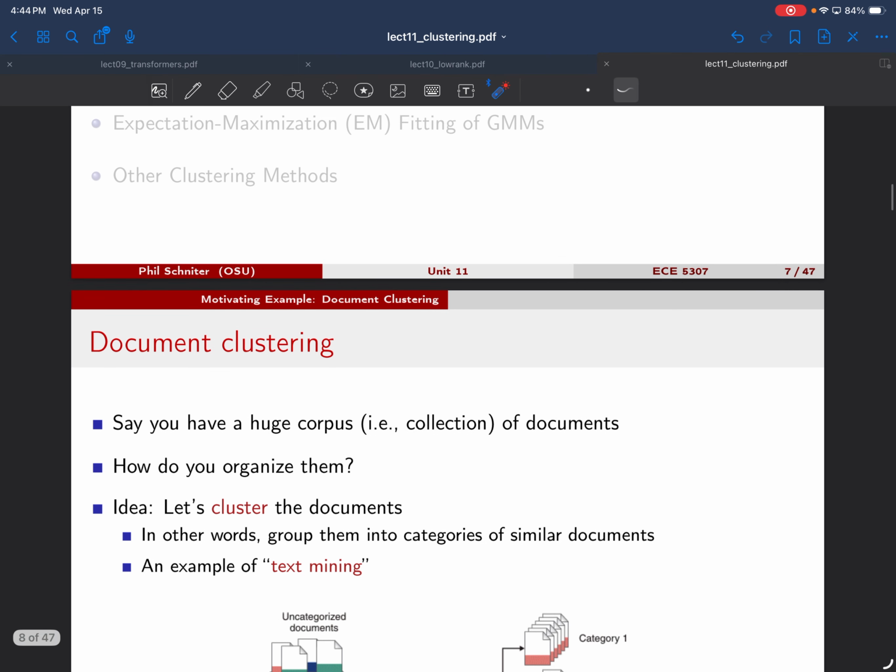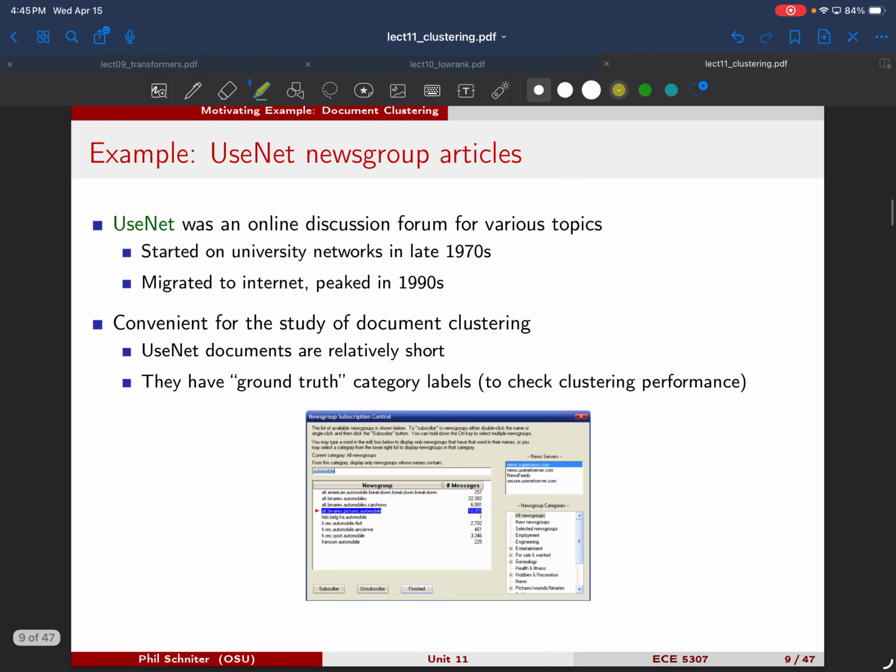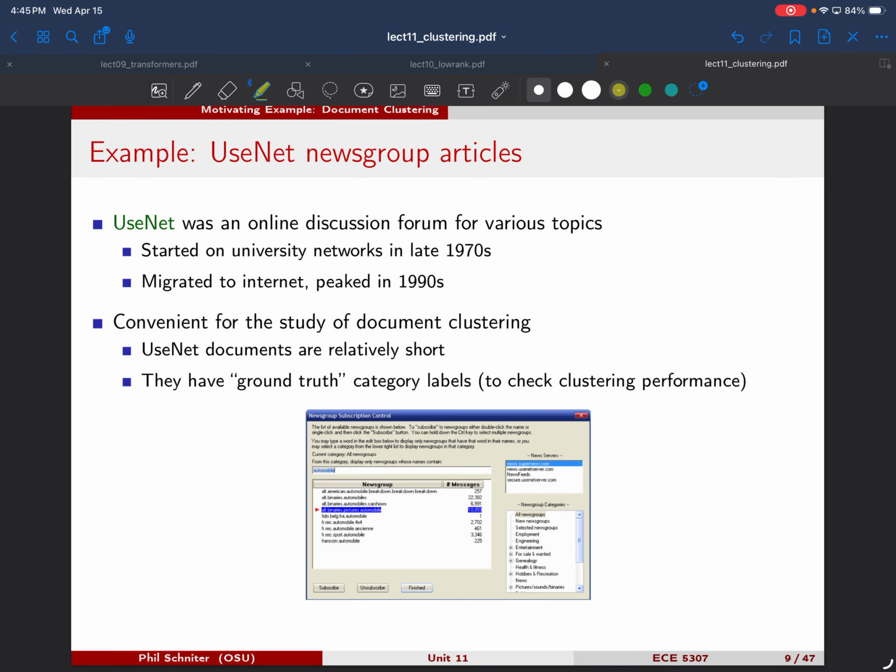Let's look at an example of document clustering. So let's say we have a huge collection of documents, a corpus, and we would like to organize them. Like these are sports documents, these are news stories, these are fiction, or things like that. And so this is basically a clustering problem. You can cluster them. This is an example of text mining. And for our demo, we will use